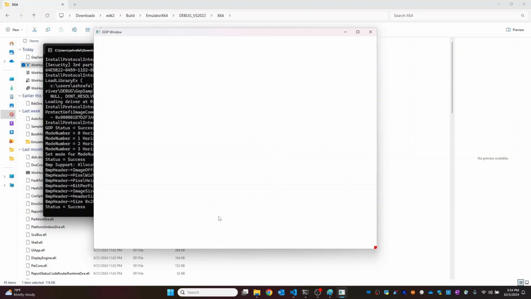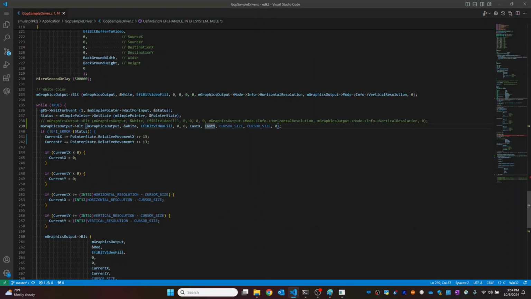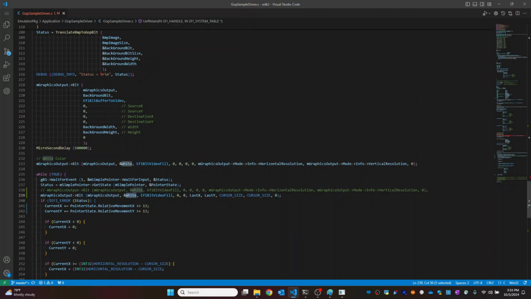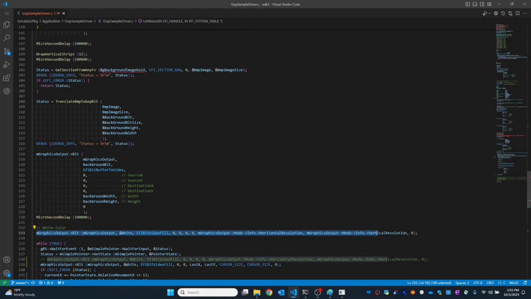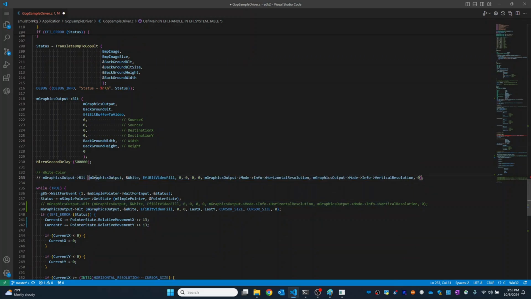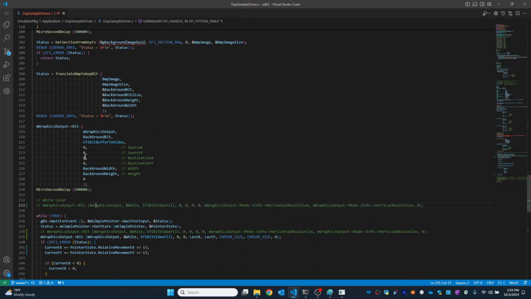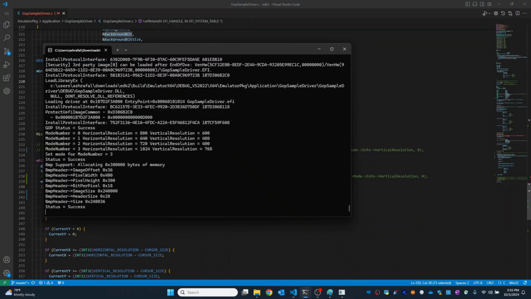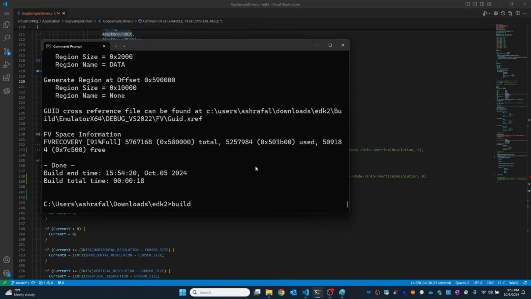Here we are explicitly printing a white color always. But in reality, it may not be a white color. For example, here we are filling this background with white. So let's not fill the white color; let's use some image, the image which we have already printed earlier. Now if I do this, and do the build again,